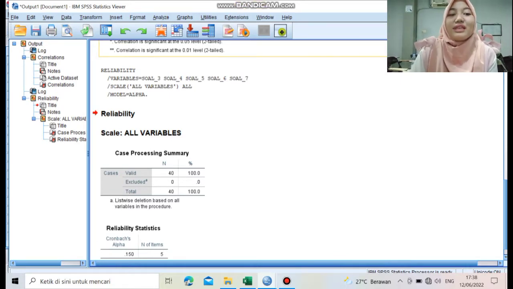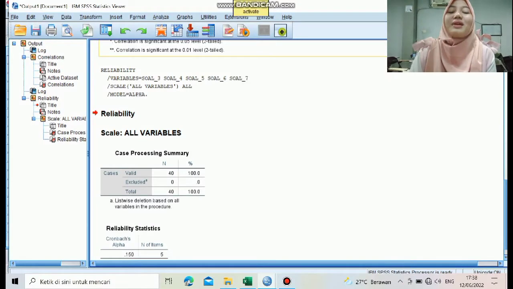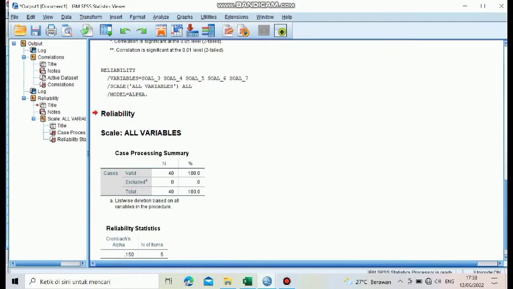According to Imam Ghozali, if the coefficient value obtained is greater than 0.60, then the instrument has high reliability. Because 0.150 is greater than 0.60, our research has high reliability.